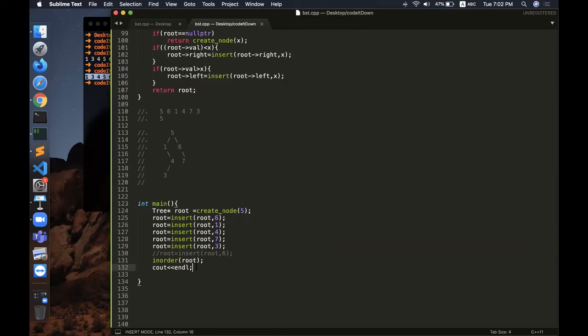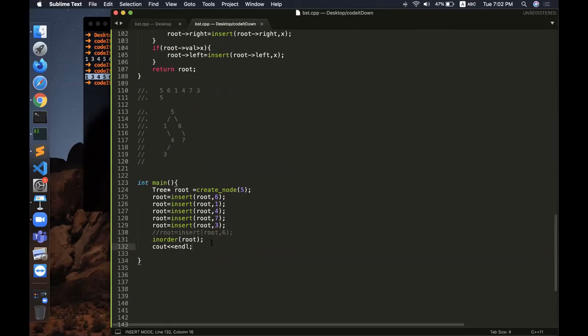It is quite logical that when you do an in order traversal, the values that are printed should be in increasing order, and it always happens. If it doesn't happen, then probably your tree is not a binary search tree, or probably your code is buggy. You have done something wrong and you probably need to check your code once again. So that is all about insertion. Let us quickly see some of the other properties.